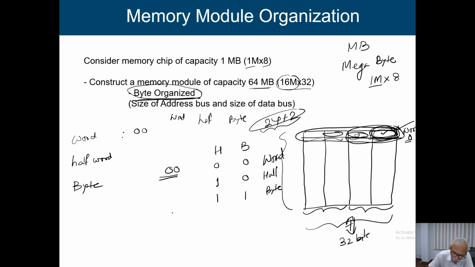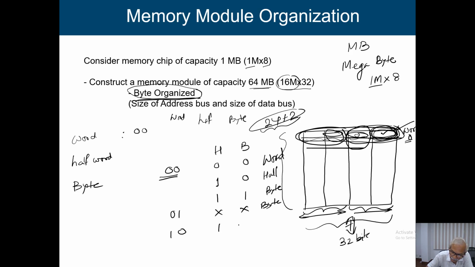Now when the last 2 bits become 01, we don't have any other option, we have to work with this particular byte only, because we cannot start a word from here. Secondly, we are not going to start a half word from this point. A half word is either the upper 16 bits or the lower 16 bits. So if it is 01, whatever it may be, I am going to work with a byte only. When the last 2 bits of the address are 10, I can work with a byte or with a half word. So I can have a similar combination.